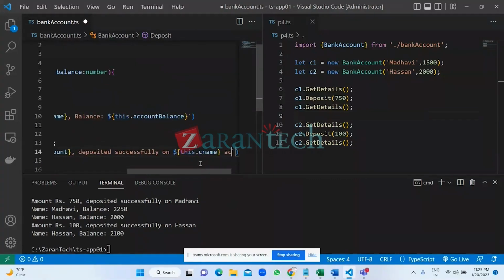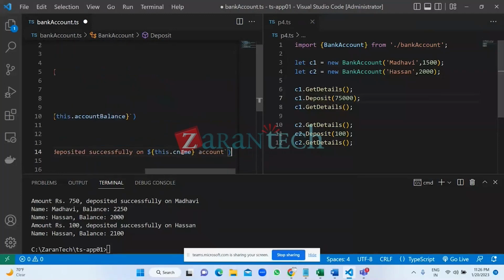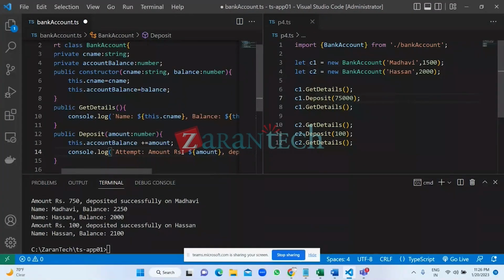Yeah. Right. This is called a log. Now what will happen? It doesn't mean that whatever you deposit will go. It may not go. There might be some chances. For example, if you are depositing more than 50,000, say Madhavi is depositing 75,000, it should not happen. There is a limit in the bank that you can deposit up to a maximum of 50,000 only. Now here the question is, this is something called an attempt. What is it? Attempt in the sense, whether deposited or not, you're supposed to display deposit request for